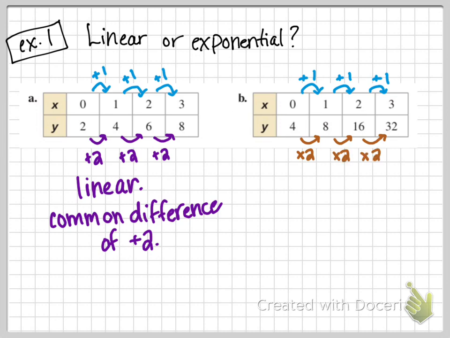Okay, and because we are multiplying, how would we classify this function? Exponential. And that's because we're multiplying. And notice how big the numbers are getting quickly, right? Because every time we're multiplying by 2. So we would say that there's a common factor of